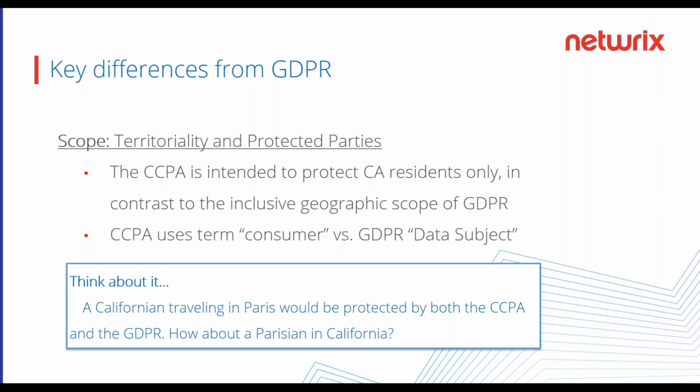So I've got kind of an interesting food for thought here to think about, and this is again getting a bit into the weeds and the technicalities of the law. But if you think about it, a Californian who is traveling in Paris would technically be protected by both the CCPA and the GDPR for whatever data they happen to be sharing at that moment in time. How about a Parisian vacationing in California? And the answer to that question is